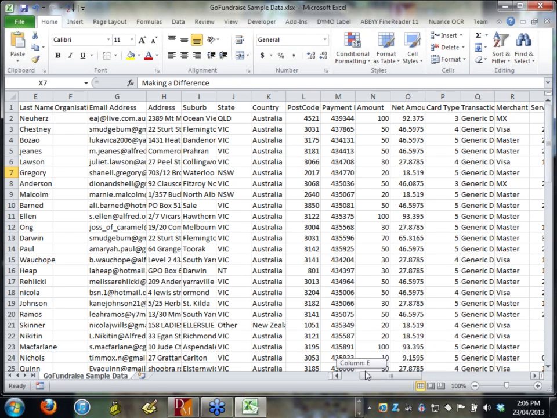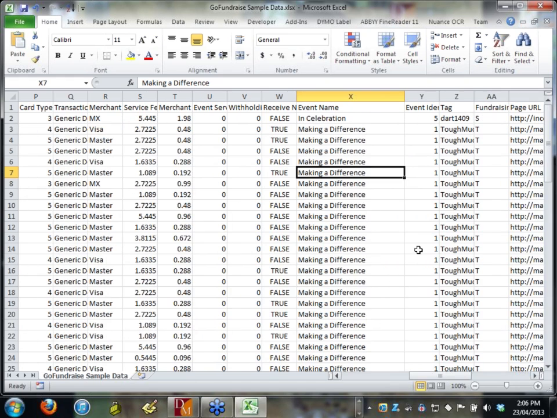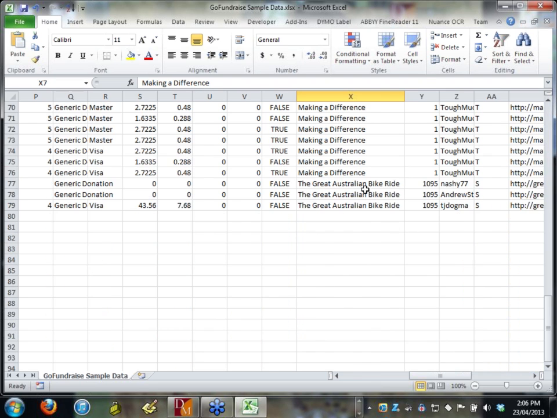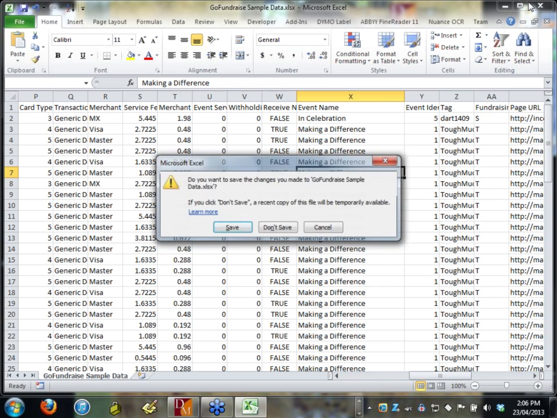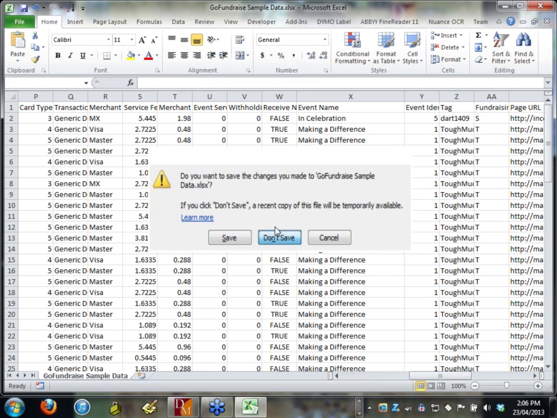But we have the issue of how do we translate what we see on the screen as an event in Everyday Hero or in Go Fundraise back to a Donman campaign code. And part of what I'm showing you today is the solution we have for that. So here we have the event name, and we've got In Celebration, Making a Difference, the Great Australian Bike Ride. It could be anything. It could be the Sydney to Hobart Yacht Race. It could be whatever. The problem is those names are much too long to be used as a Donman campaign code, and there is no automatic translation. So what I'll do is take you through the